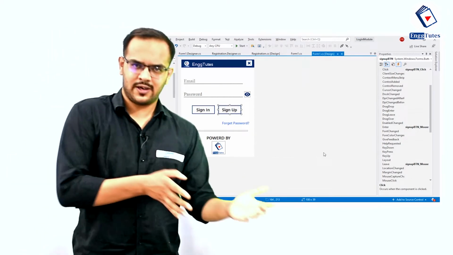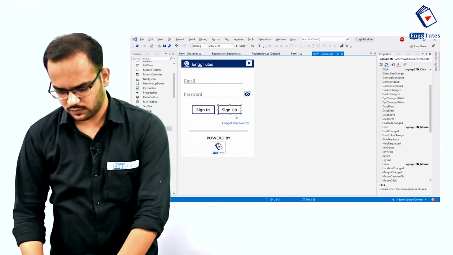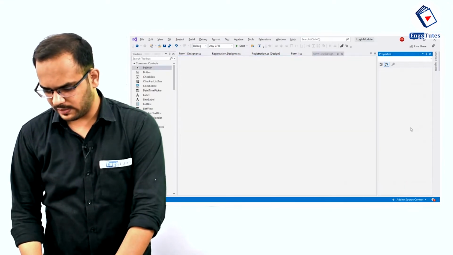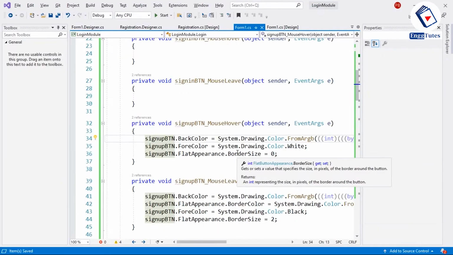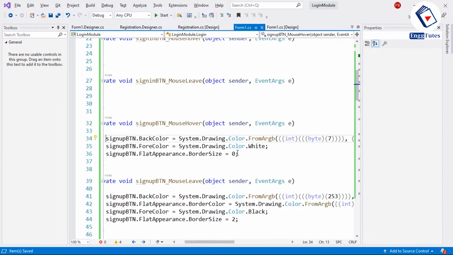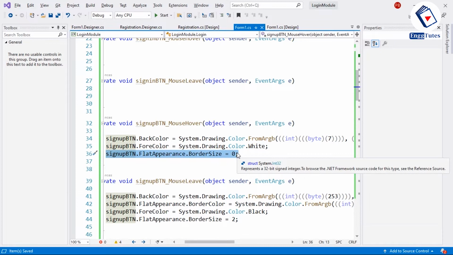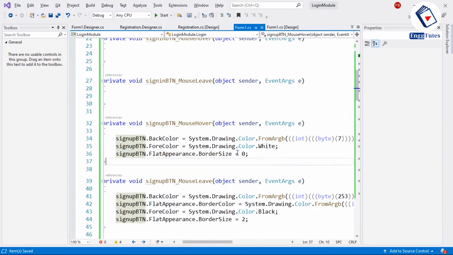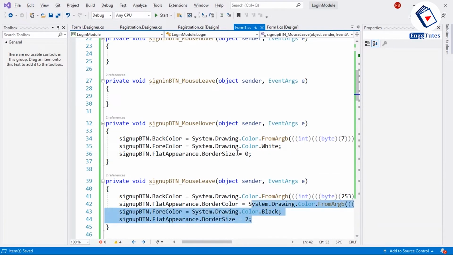Okay, I have already written the code. I will show you just the code that I have written. The code will be pretty much similar. So on mouse hover, I am changing its back color to our theme color. Then the fore color is set to white and the flat appearance dot border size, that means I am removing the border. Similarly, when we leave the particular button, I am calling the mouse leave event.